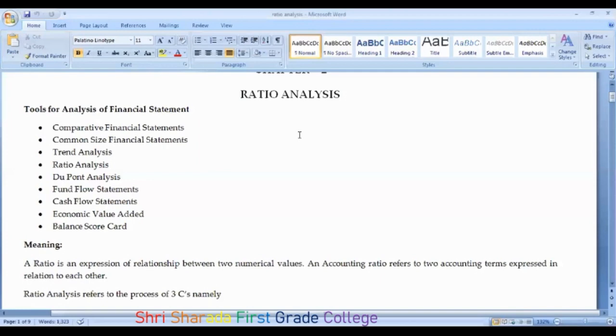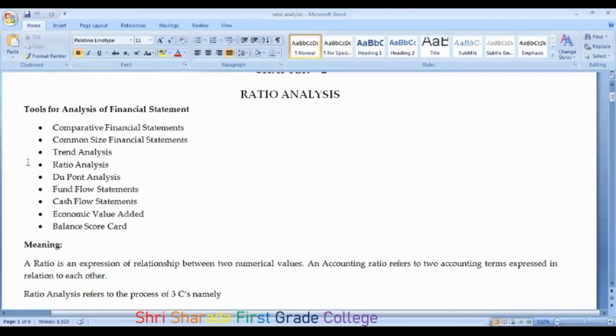The trend analysis, which was majorly indicated as the index number, where you were analyzing the financial statement in order to reveal the trend of an item through the passage of time. How the sales change, how the operating profit changes, how the stock changes, or how the profit changes, which we have discussed in the trend analysis.